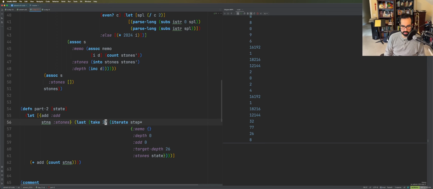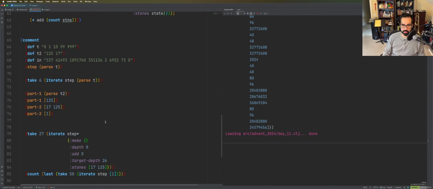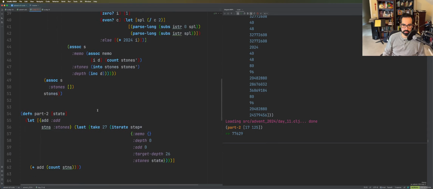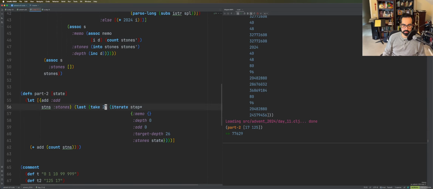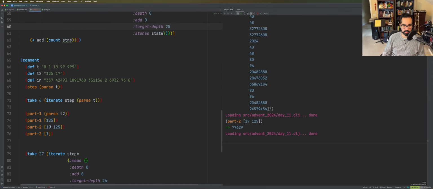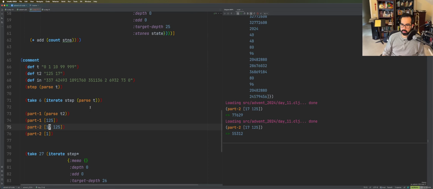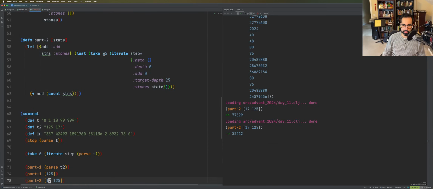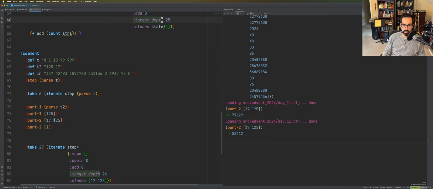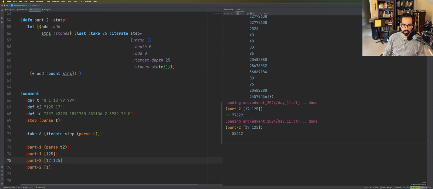I think this needs to be take to the 27th with the target depth of 26. No. Wait, no, take 26 with a target depth of 25. Yeah. So this has to be looking one deeper than this, right? But that does now return the right answer. Okay, so now I can say